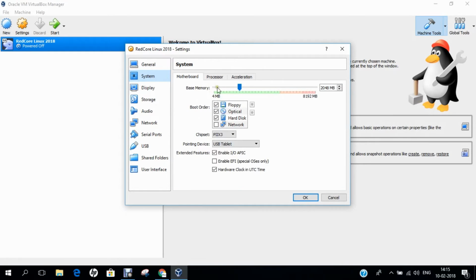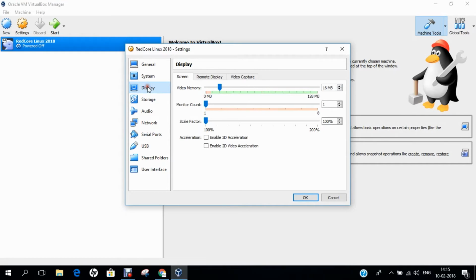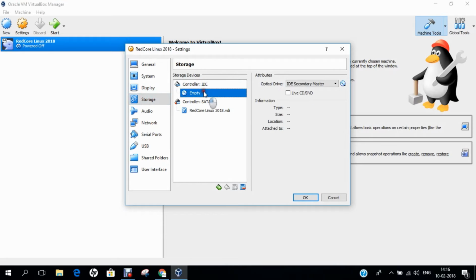Click on system. Over here I turn off the floppy disk and click on optical, and I move it down below the hard disk drive. I click on processor and make it 2, and I enable PAE/NX in order to have some extended virtualization features. Then I click on display. You can see that everything is being set out, and then click on storage, on this empty